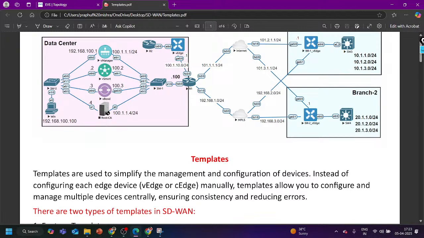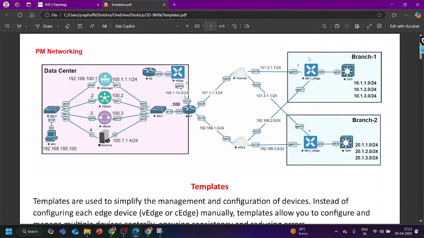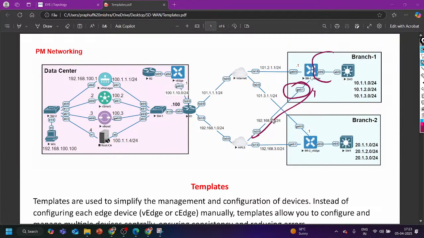But on managed devices, you can see so many other configurations are required, like service side configuration, the LAN interface configuration, routing protocol in the LAN, or MPLS interface configuration. This is still pending, right? Yes. Then BGP configuration between MPLS and managed device. And these configurations are required for all the managed devices. Yes. And so many configurations are similar, like this interface is connected to MPLS, need to enable BGP. On both sides we need to enable it,